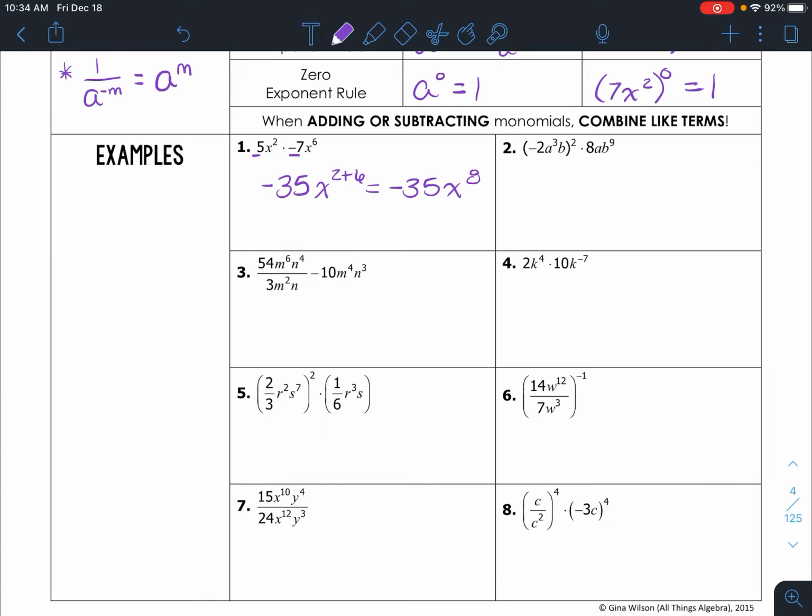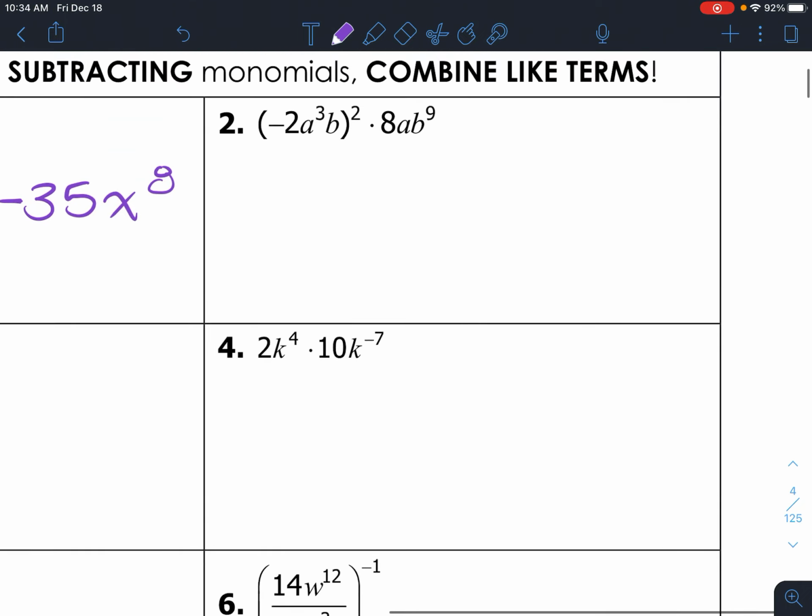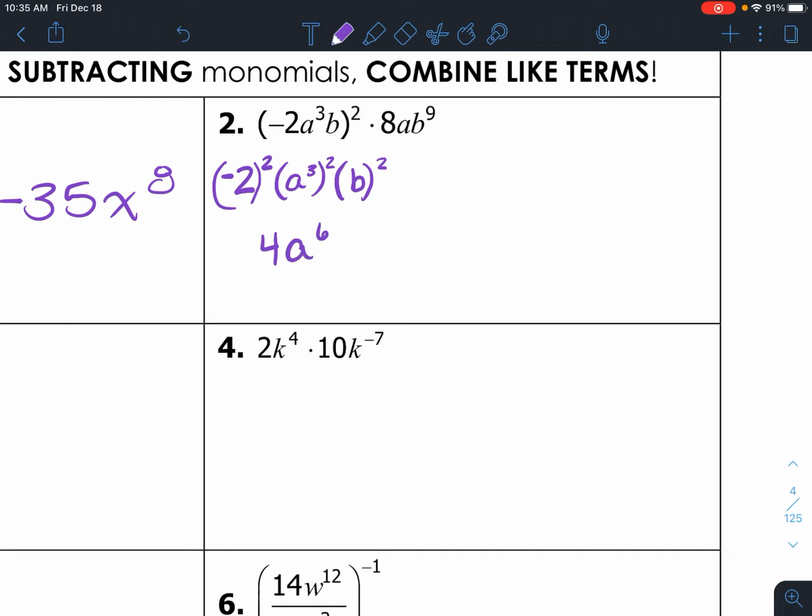Okay, let's look at number 2. So I have multiplication here, but I also have a power to a power, okay, with this 2 here. So what's going to happen is everything inside those parentheses is going to get raised to the 2nd power. Okay, so I'm going to have negative 2 squared, and then I'm going to have a cubed squared, and then b squared. Okay, so negative 2 squared is a positive 4. a cubed squared, you multiply those exponents, so it's going to be a to the 6th, and then b squared, okay, times